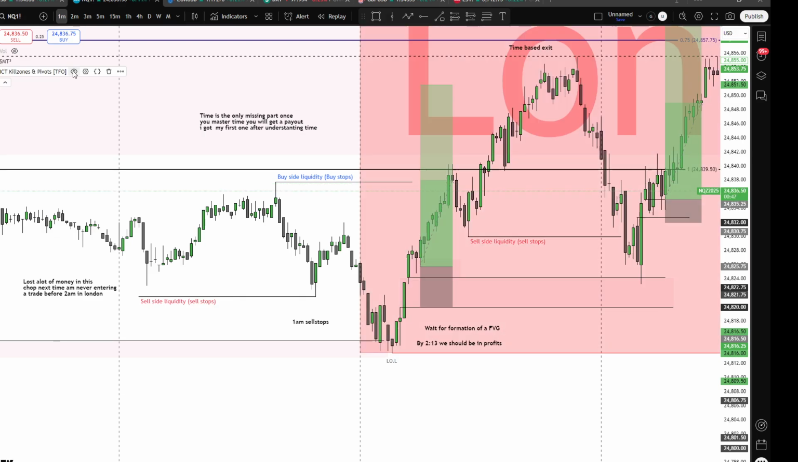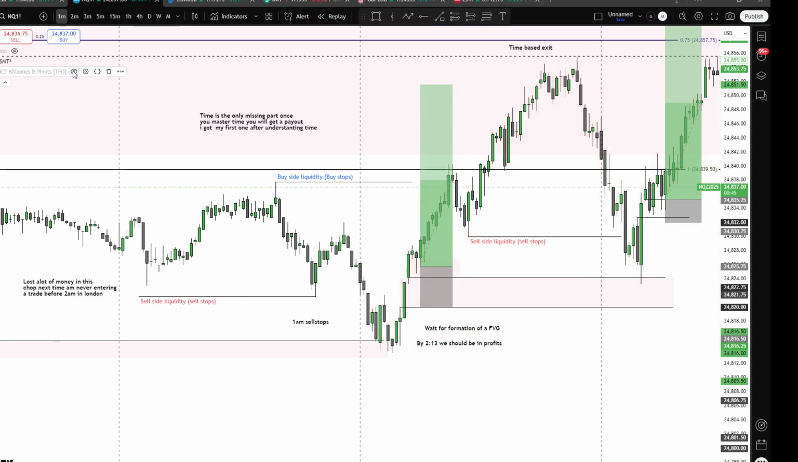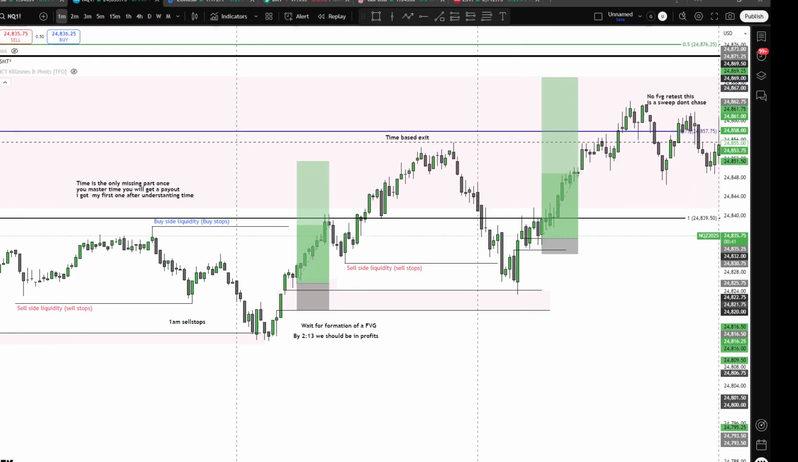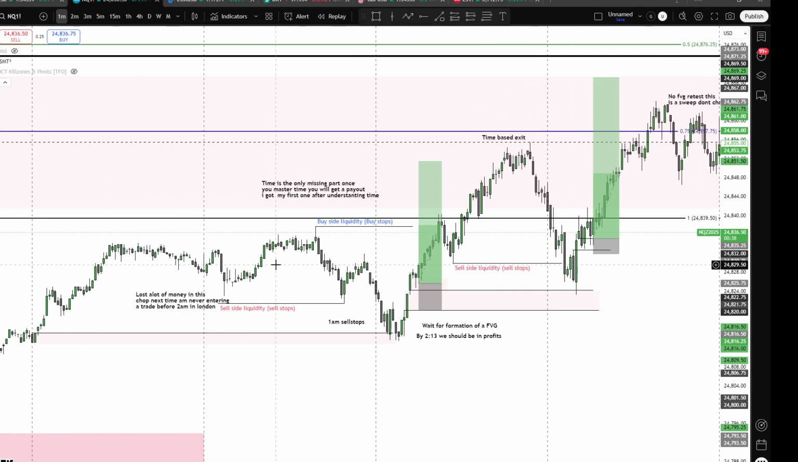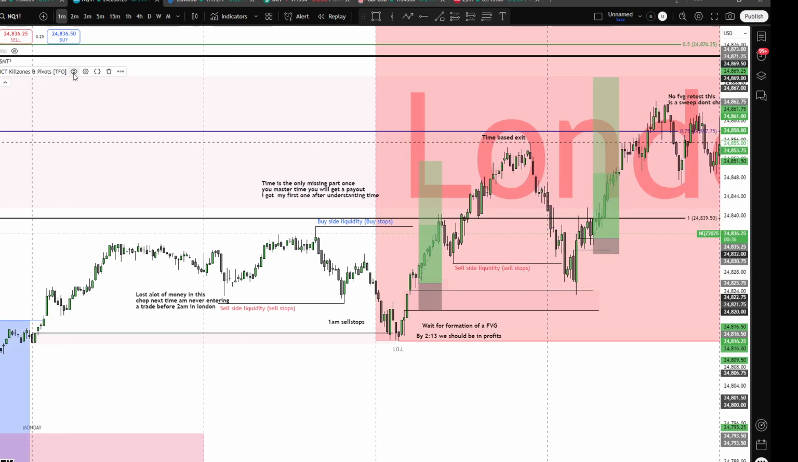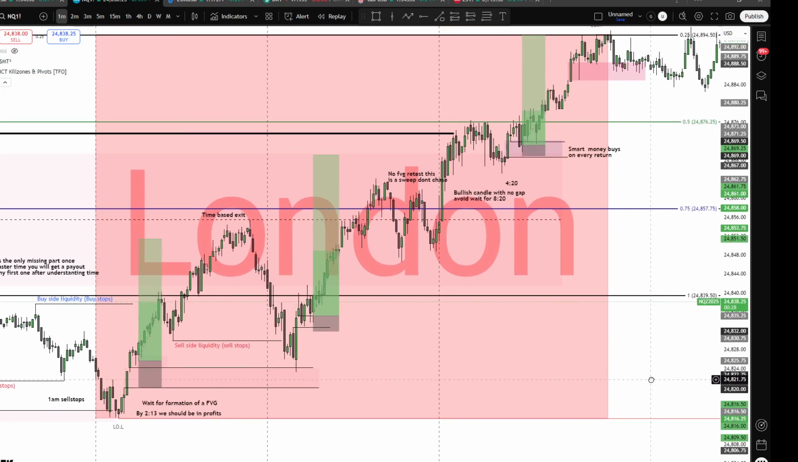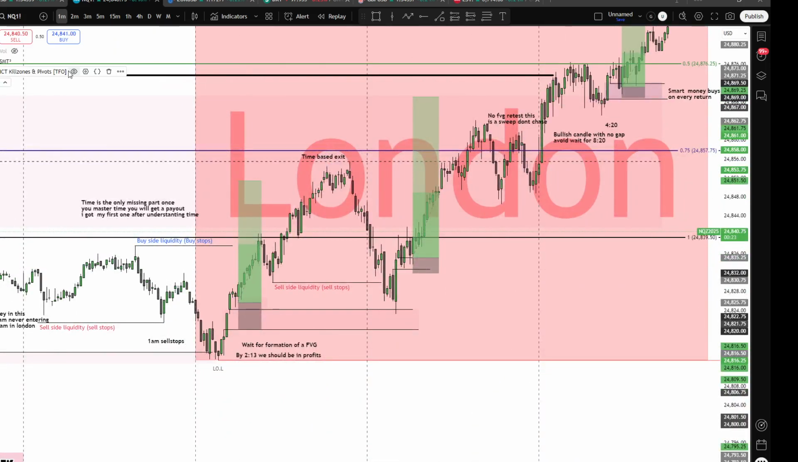This is London session. This is the ICT kill zone indicator. As you can see, when you're in London session, there are specific rules for London. You want to trade between 2 o'clock and 3 o'clock. By 5 o'clock, you should be done. As you can see, most of the trades move in London. Now, once you know that,